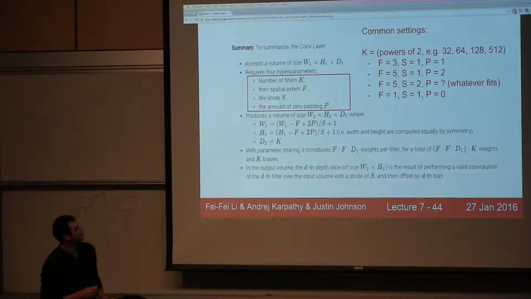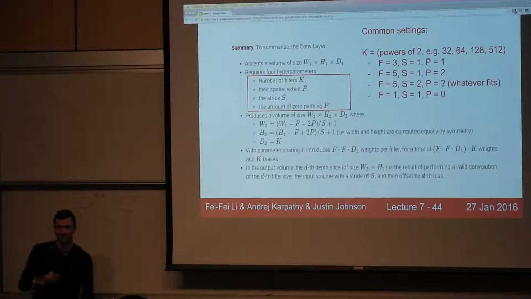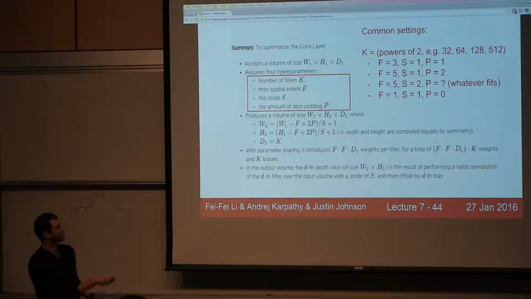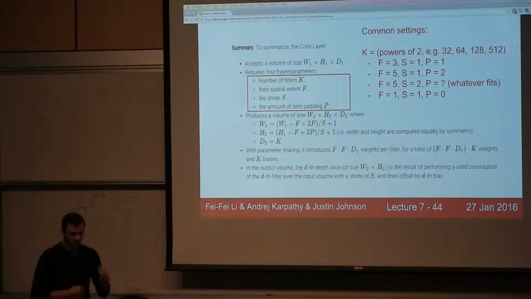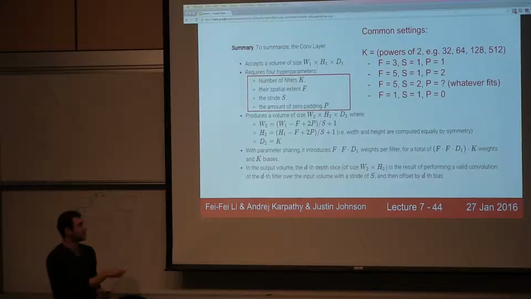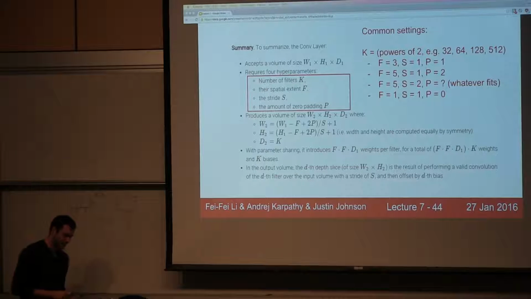Okay, so at this point, any questions about convolutional layers? Go ahead. Why is the size of F always odd? Thank you. I forgot to mention, why is the size of F always odd? You almost always see 1, 3, 5, 7, 11 sometimes, and that's mostly what you'll see. You won't see even numbers for the sizes of filters just because odd filters kind of have this nice